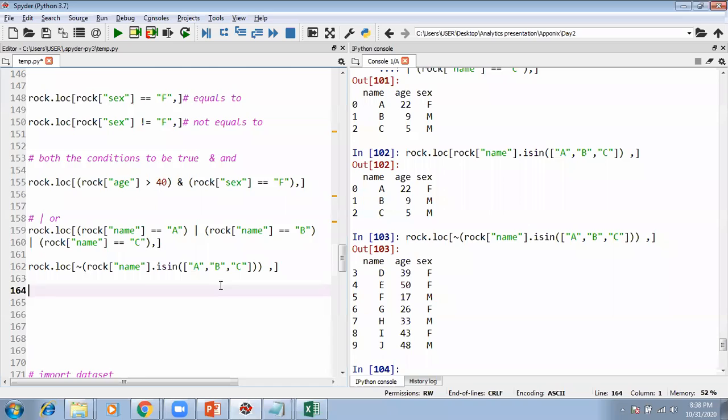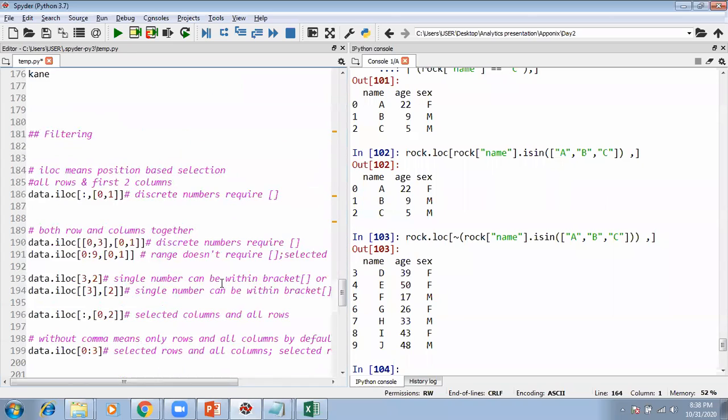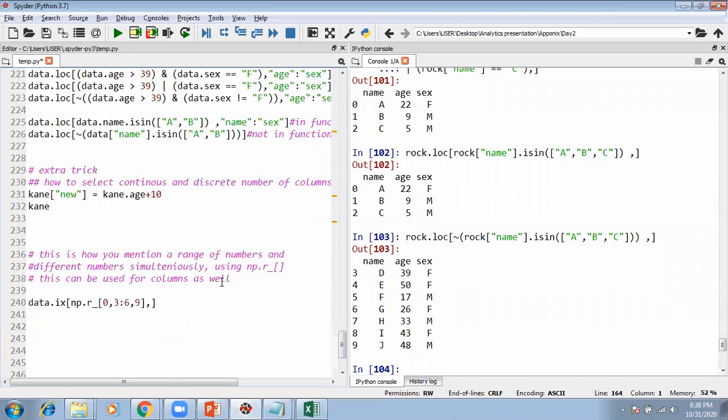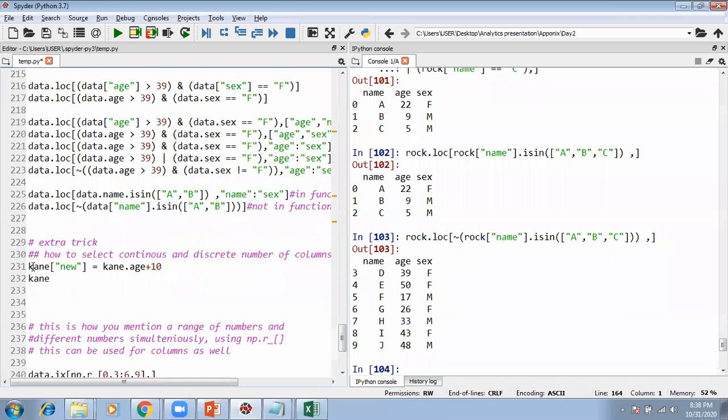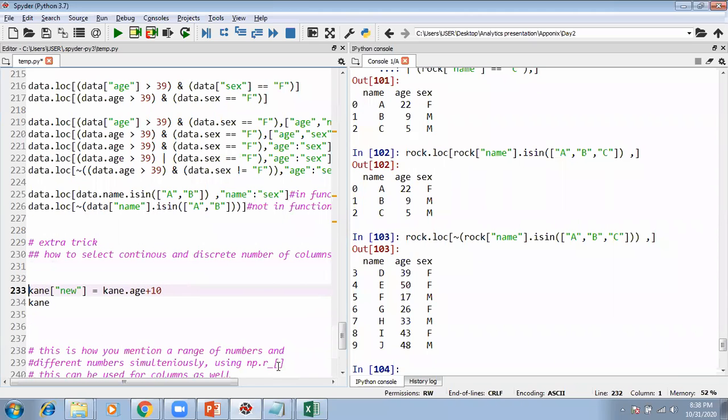And the last part will be, I need to create a couple of columns for that. Otherwise I'll not be able to show you.